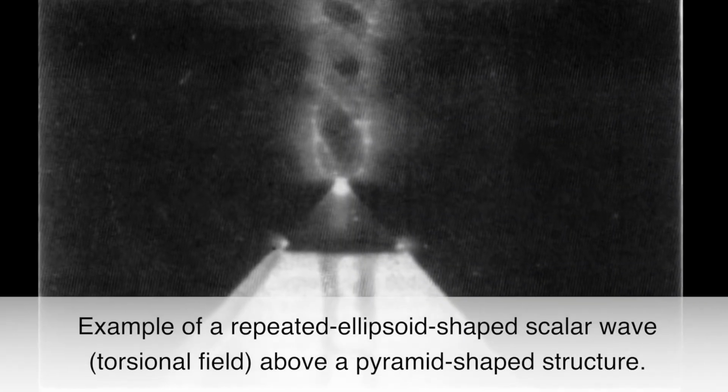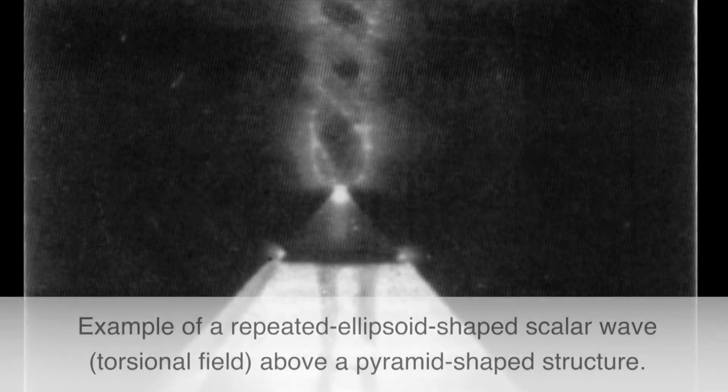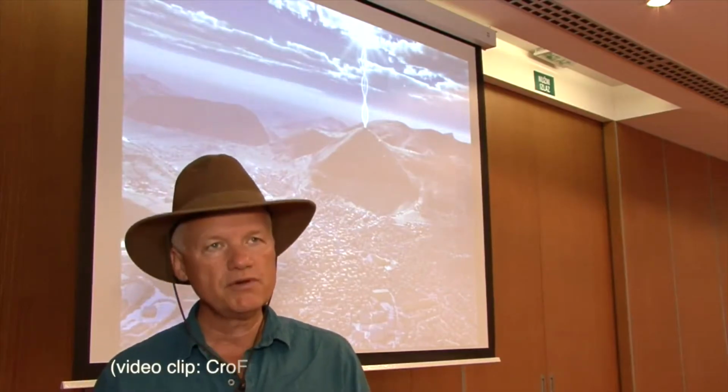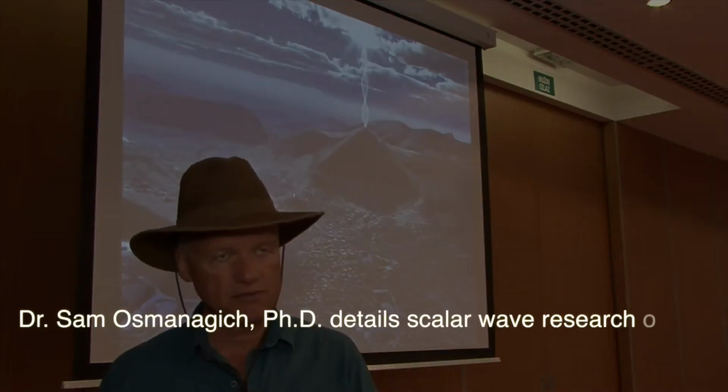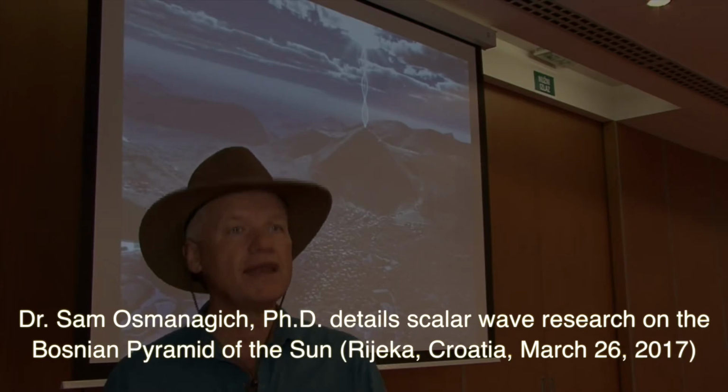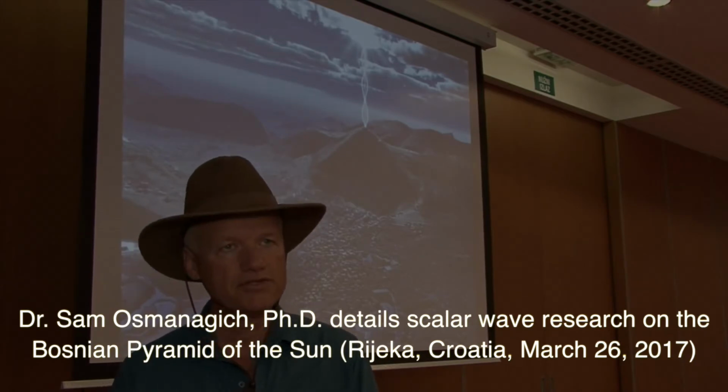via the strength of the electric field. That energetic form has an ellipsoidal shape with maximal energy density in the center of that ellipsoidal object, and we can call that object a scalar field. In September of 2016, another team from three countries, Croatia, Slovenia and Serbia, led by electrical engineer Goran Marjanovic,